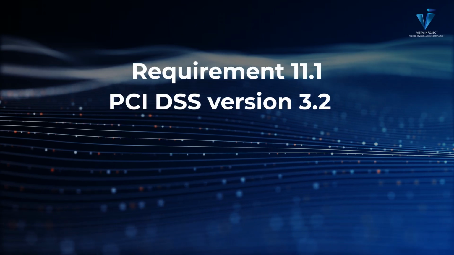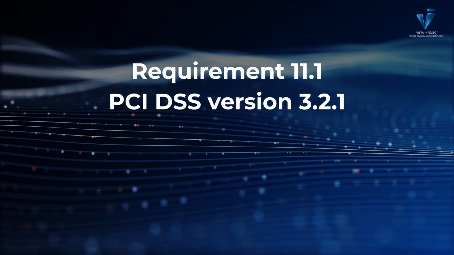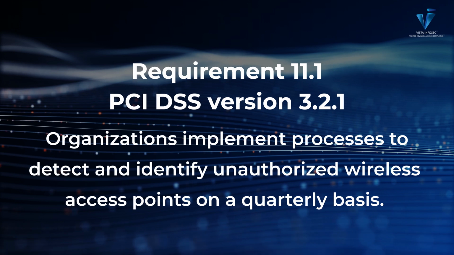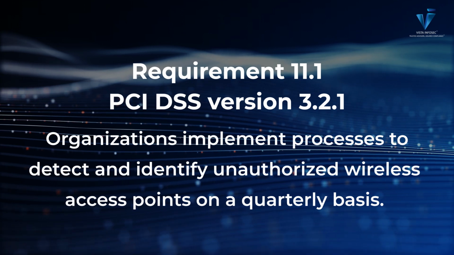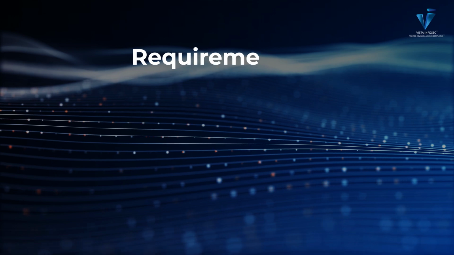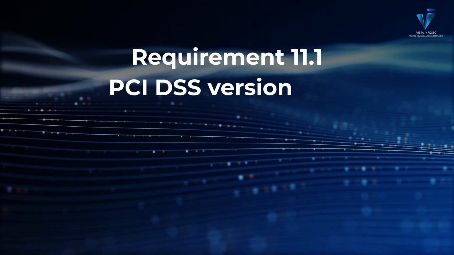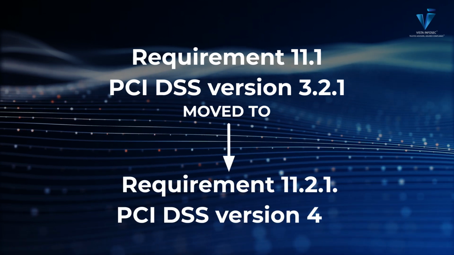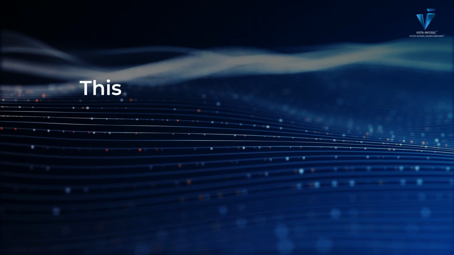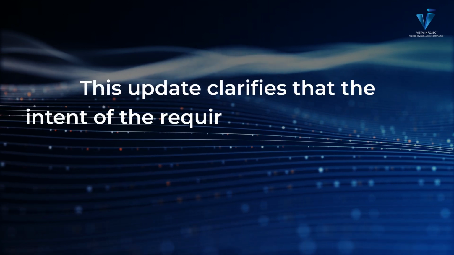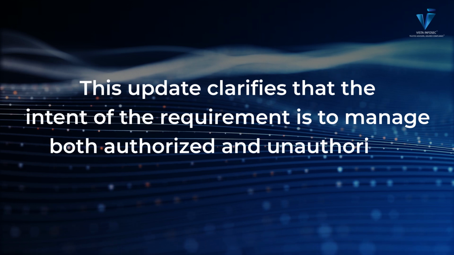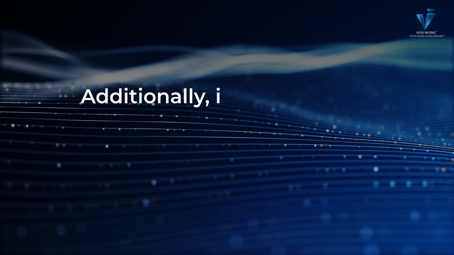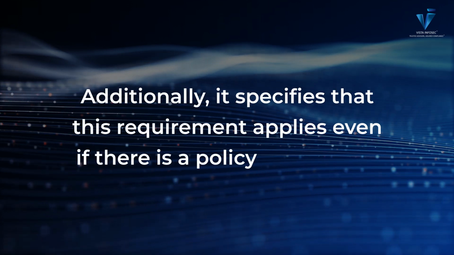Now, in PCI DSS 3.2.1, there was requirement 11.1, which mandated that all organizations implement processes to detect and identify unauthorized wireless access points on a quarterly basis. Now, this requirement, outlined as 11.1 in PCI DSS 3.2.1, has been moved to requirement 11.2.1 in PCI DSS 4.0. This update clarifies that the intent of the requirement is to manage both authorized and unauthorized wireless access points, ensuring complete oversight. Additionally, it specifies that this requirement applies even if there is a policy prohibiting the use